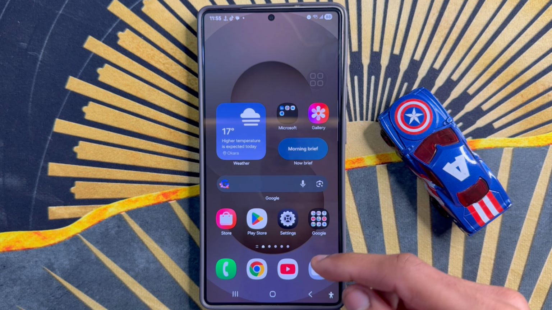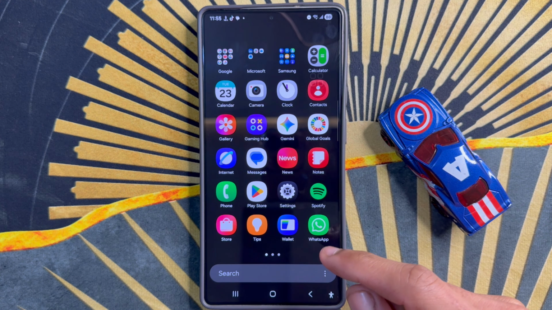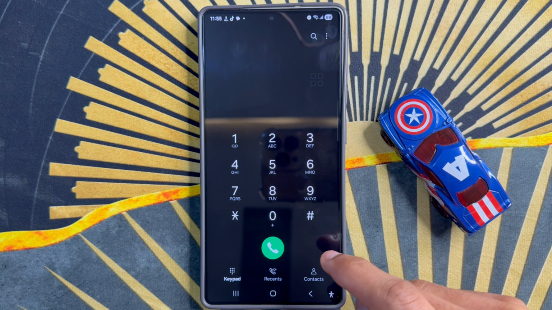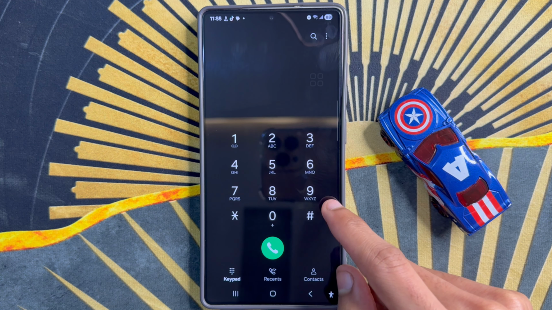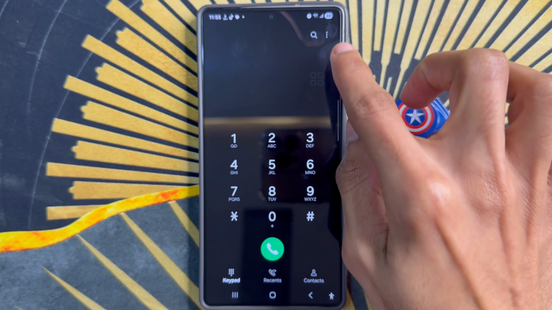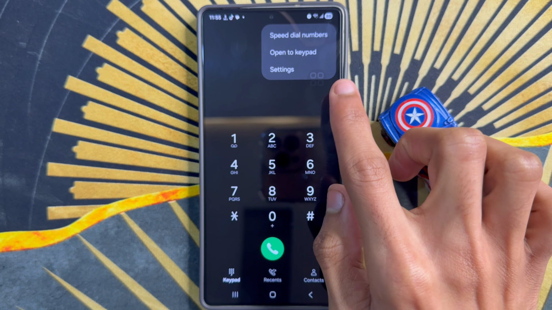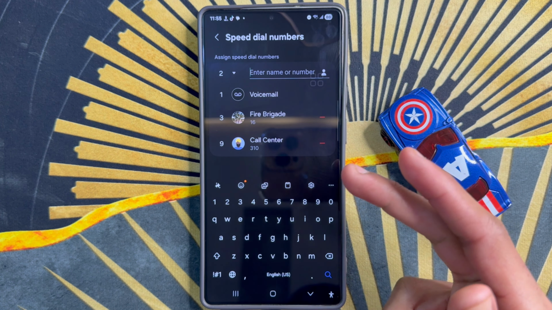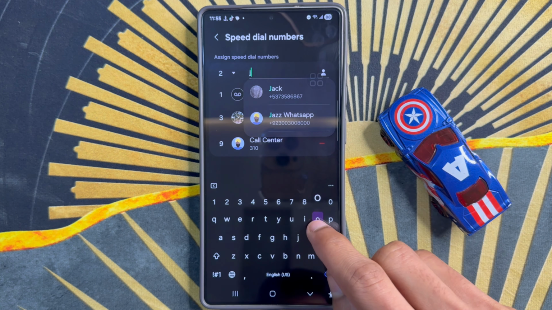First of all, go to app library. Now here, click on phone app. Now here, click on this three dot icon and click on speed dial numbers. After clicking on speed dial numbers, enter your number